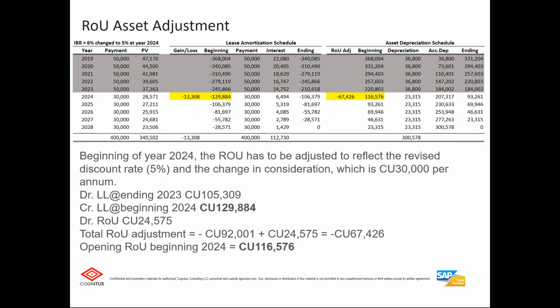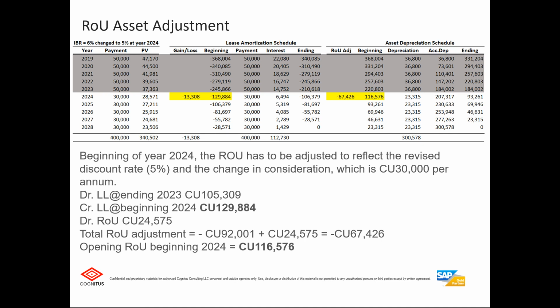So at the beginning of year 2024, the ROU has to be adjusted to reflect the revised discount rate, which is 5%, and the change in consideration, which is 30,000 currency units per annum. So the journal entry should be debit lease liability at the ending of year 2023 equal to 105,309. Credit lease liability at the beginning of year 2024 equal to 129,884. Since there is an increase in the value of liability, we should recognize the difference of these two values as debit right of use asset